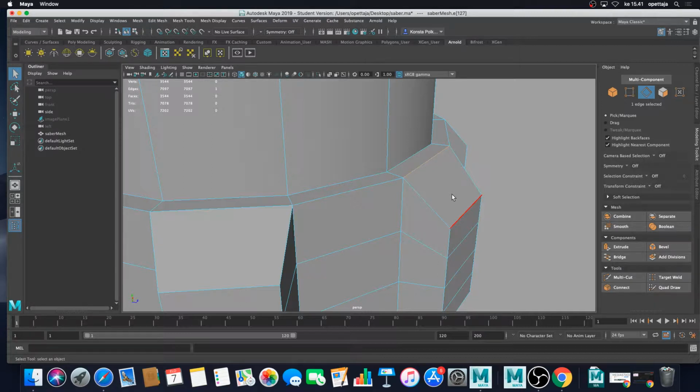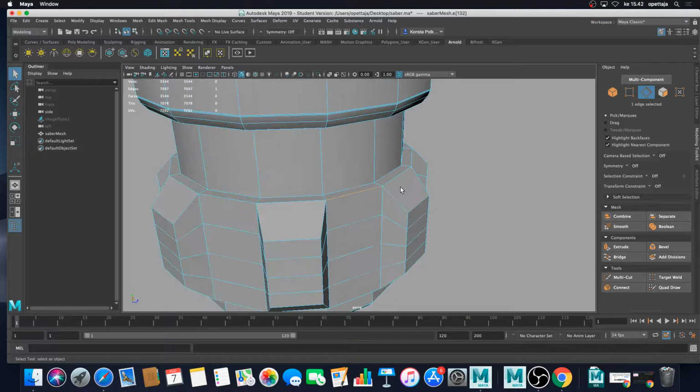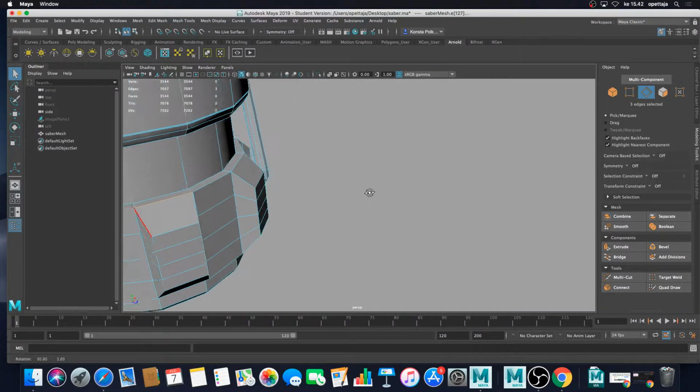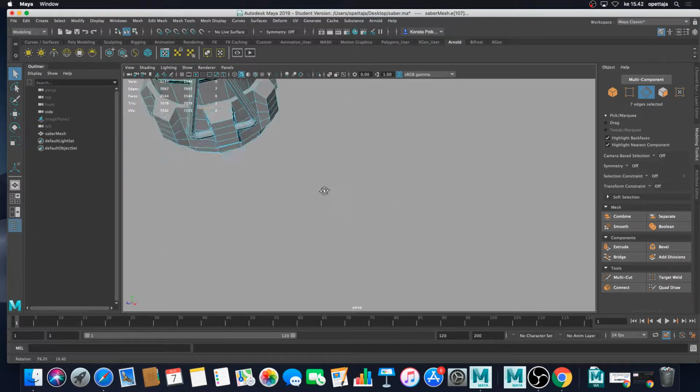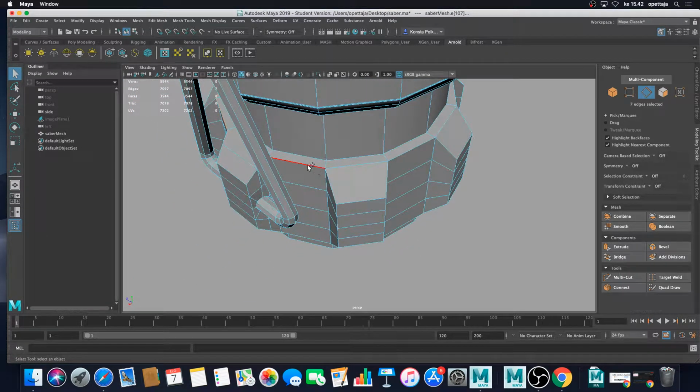And long story short, you cannot select the whole loop when you have directional changes on your edge loop. I don't actually know why, probably some mathematical reason behind this. Yeah, I cannot describe it better, but then we just have to click this with shift pressed down,